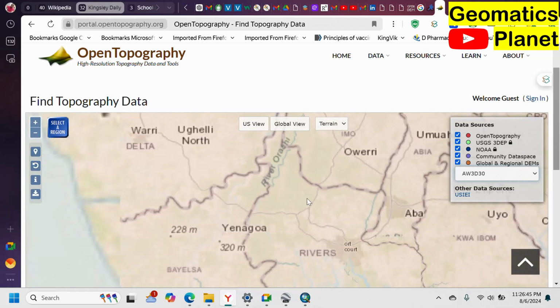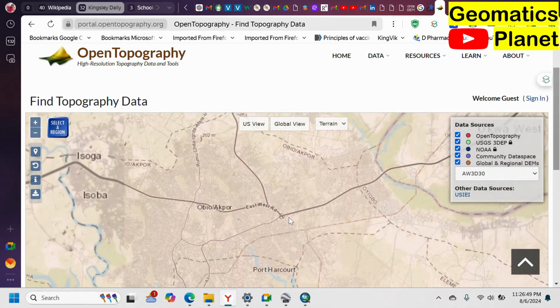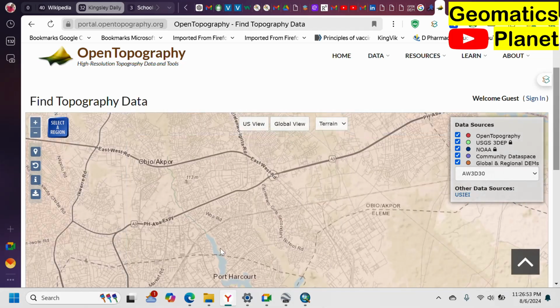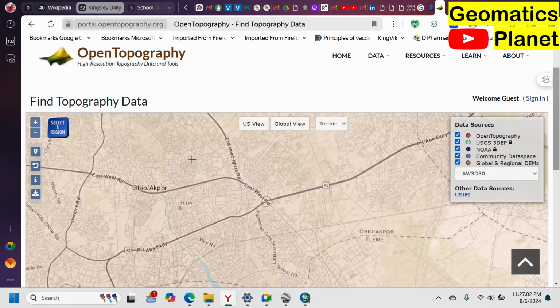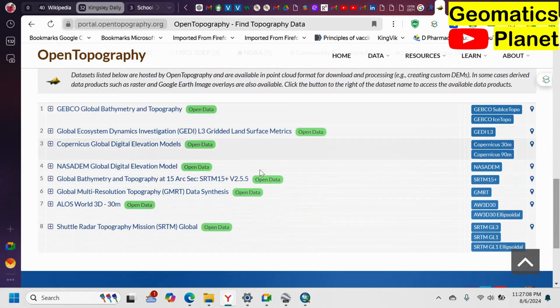Then if you keep on zooming to the place of interest, you can see Port Harcourt here. This is Obiapo East-West Road, and this is the place I'm supposed to be working on. So with this, if you want to select a region, you click here to select a region. Once you select, click on it, it will open this kind of dialog for you. So you hold and open it up like this, then automatically it's going to bring you the rest of the